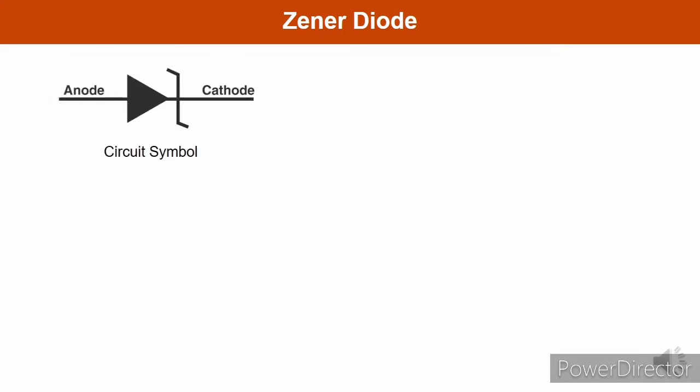this is the circuit symbol for the Zener diode. You can see the Zener diode is a two-terminal device. The terminals are anode and cathode. And the arrowhead in the symbol points towards the conventional direction of current through the Zener diode, meaning when it is forward biased. But you know that a Zener diode is a reverse biased heavily doped PN junction. So when the cathode is connected to the positive terminal and the anode is connected to the negative terminal of the DC source, the Zener diode is said to be in reverse bias.